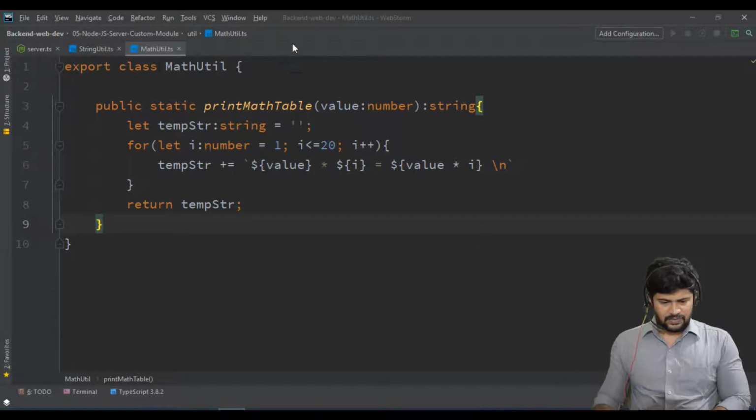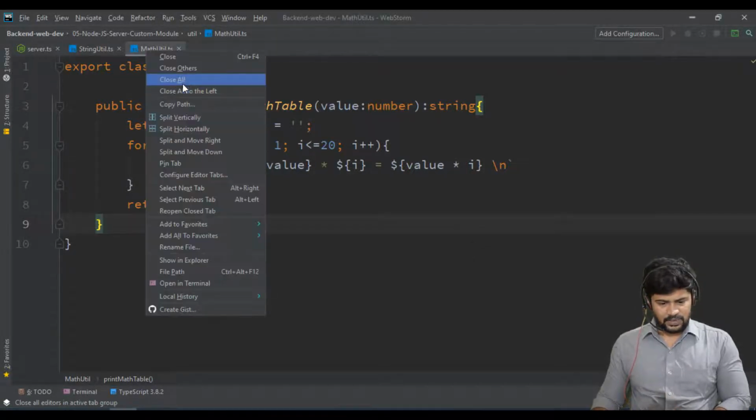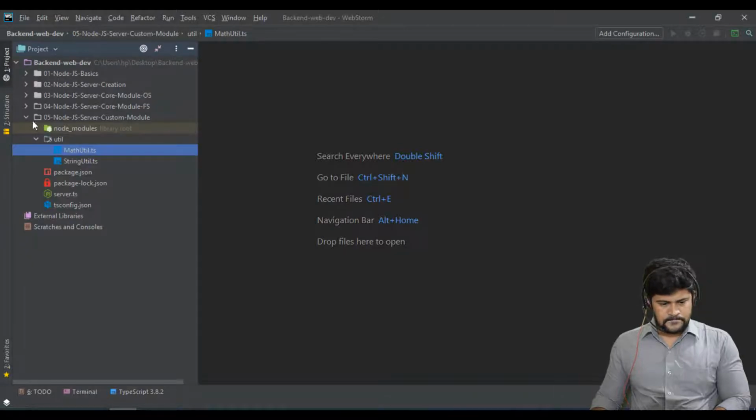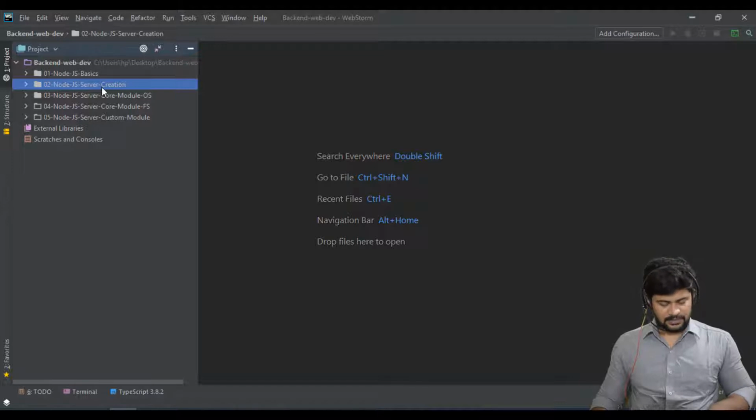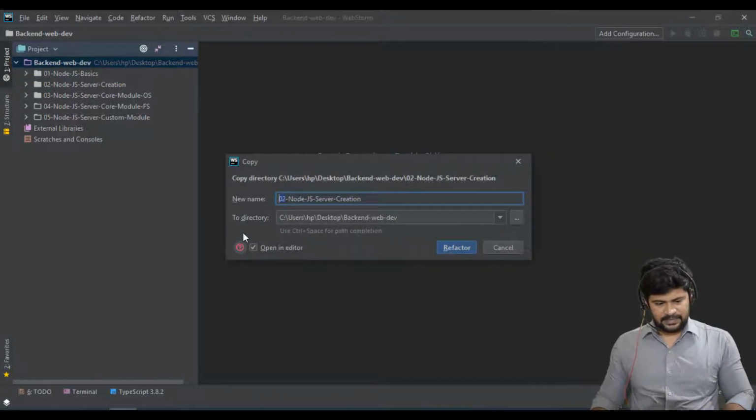First of all, I'll copy the same server creation setup and paste it. Let's make something called 06 Node.js server with routing.